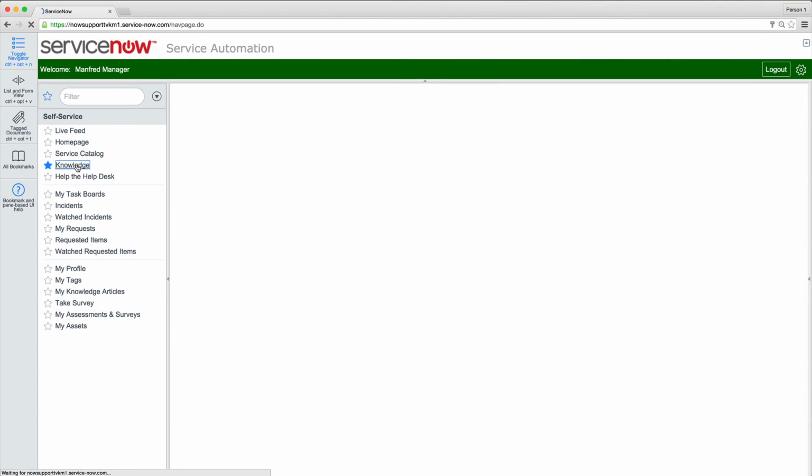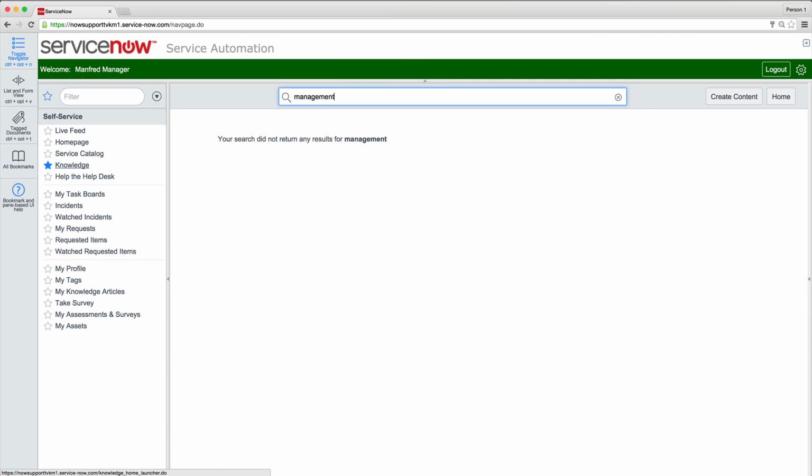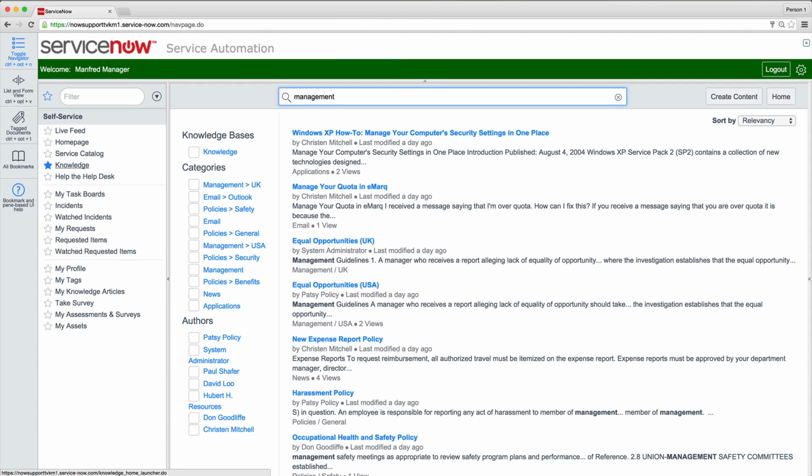Here we're logged in as our US manager, Manfred Manager, after upgrading. All content is still in the Knowledge KB. The search function here operates on user criteria for all knowledge bases, whether they're version 2, like this one, or